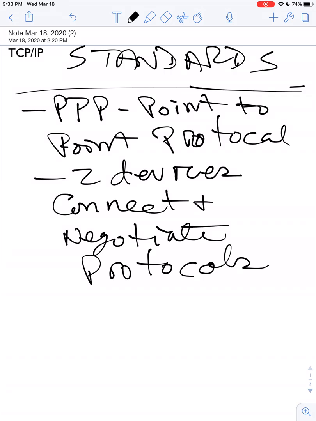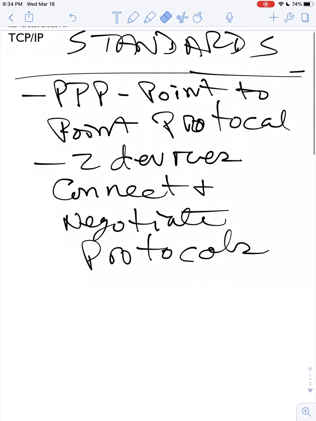Within the PPP standard, or point-to-point protocol standard, and within other standards, you're going to find different authentication mechanisms. With authentication mechanisms, we do have